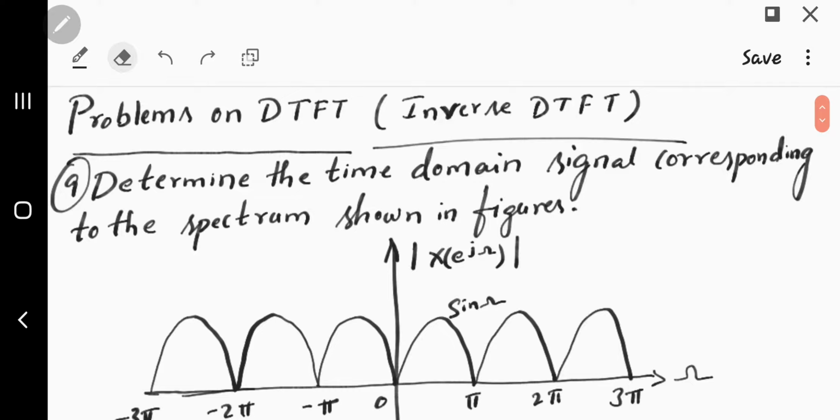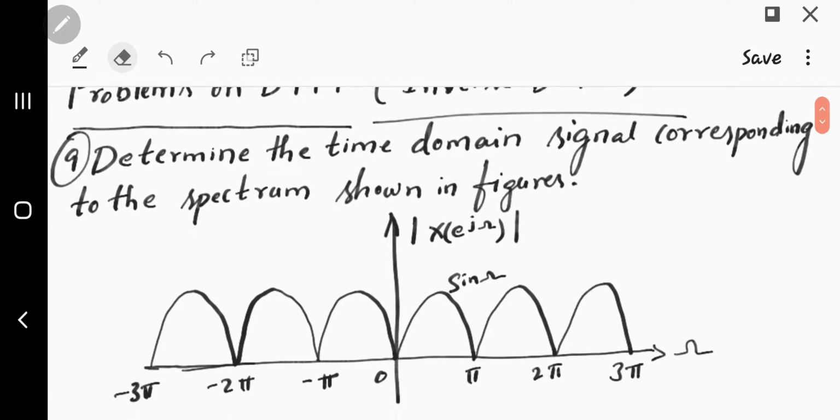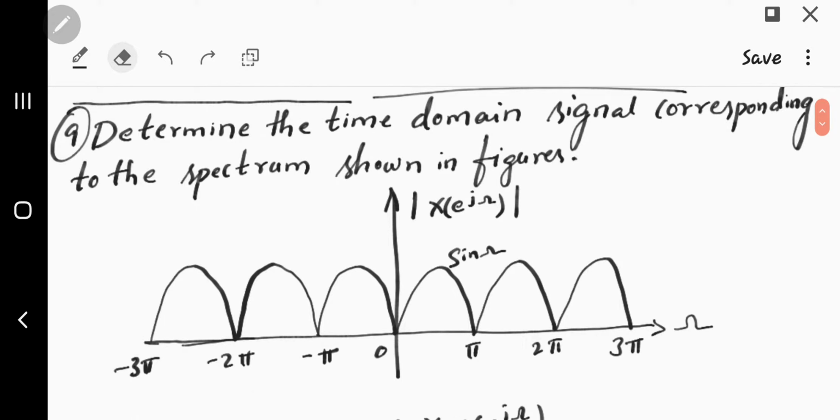Now here we have a spectrum given. Those are the magnitude and phase spectrum. For this we have to determine a time domain signal. Time domain signal means you have to find x of n. That is the meaning of it. Now this is the spectrum here. So first one is the